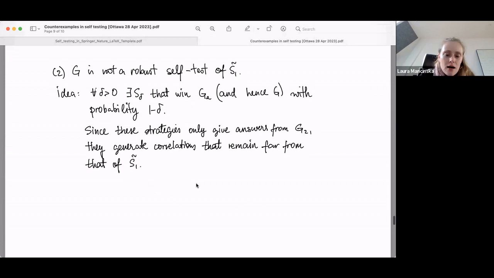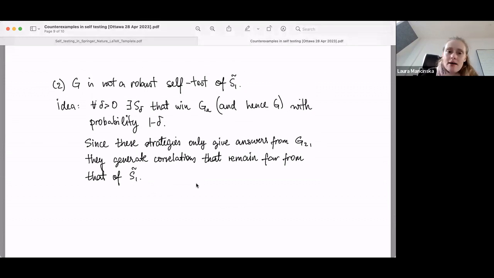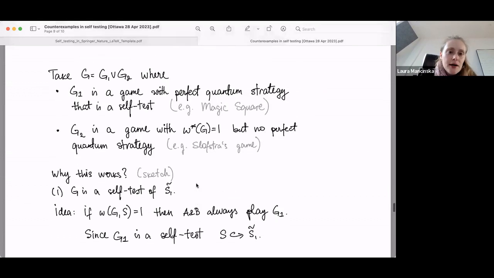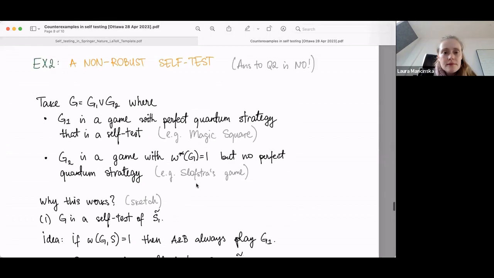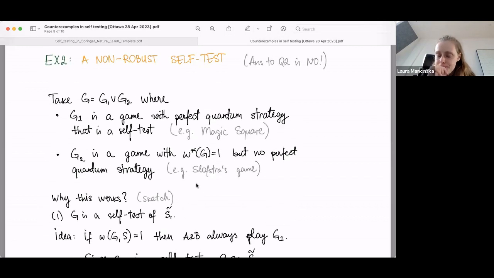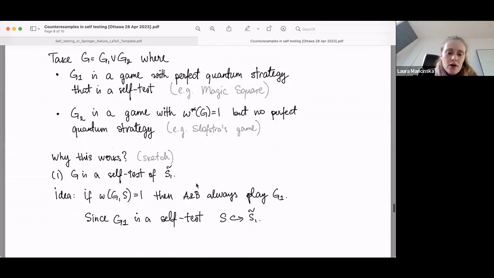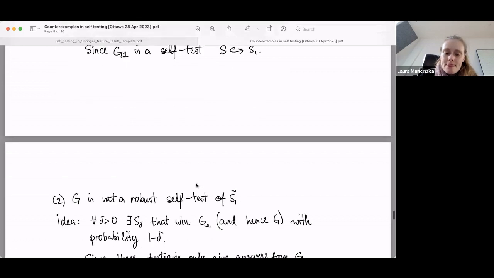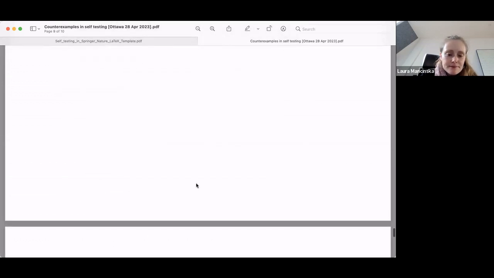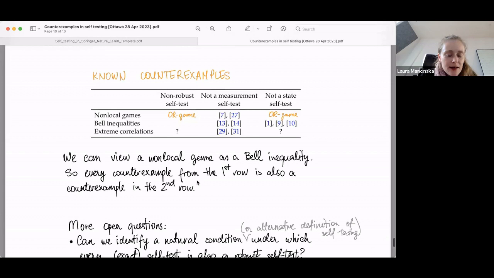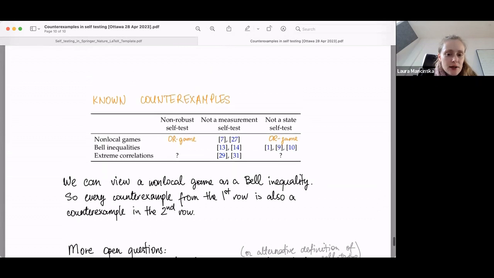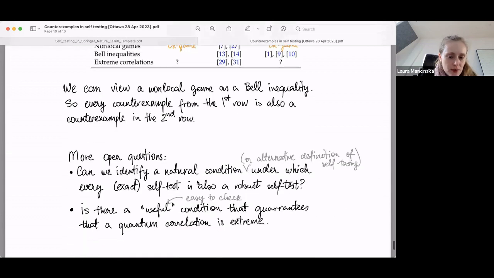Okay. Any questions about this other example? All right. Okay, if not, then let me show you